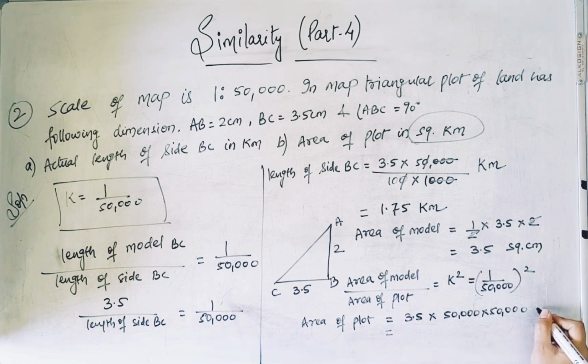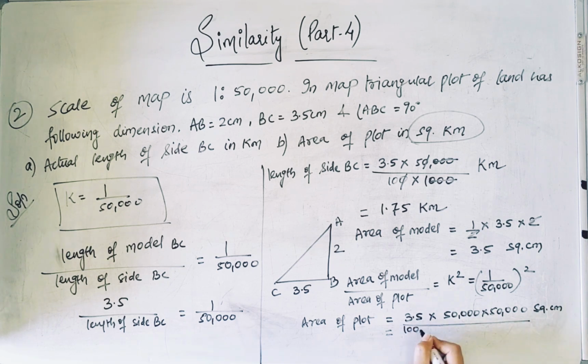Now again this is in square centimeter. We have to convert it into kilometer. पहले square centimeter से square meter अगर हम आएंगे तो हमको 100 square times multiply करना पड़ेगा. ये square meter आ गया. अब square meter से when we come into kilometer तो we have to multiply 1000 square times because it is square.